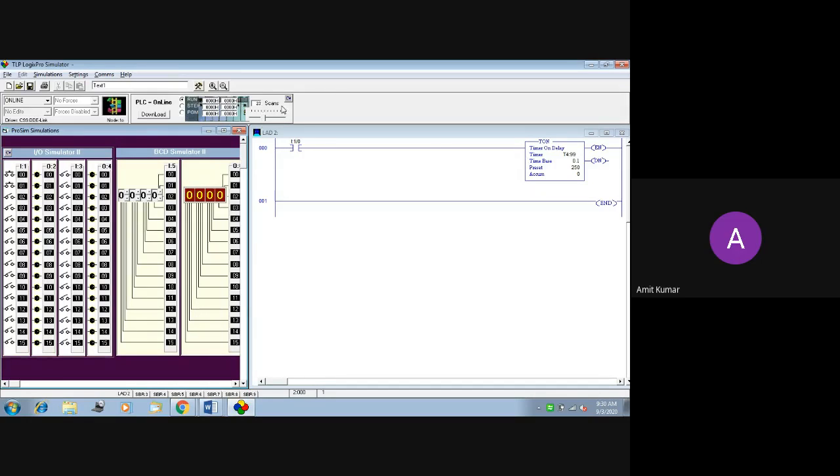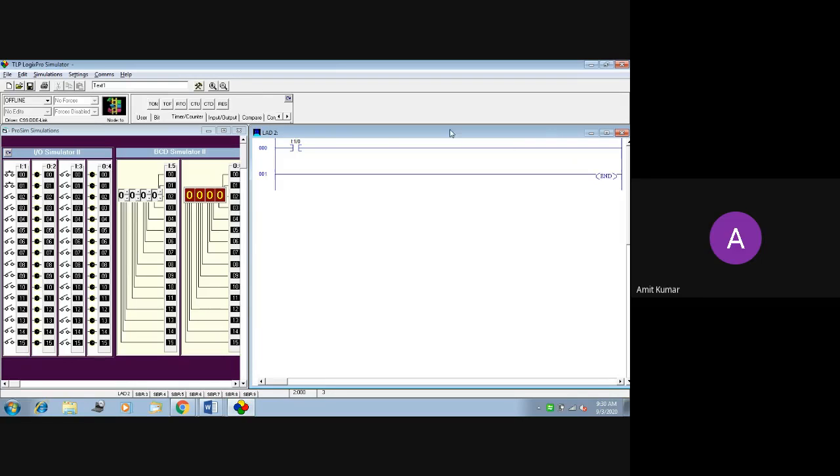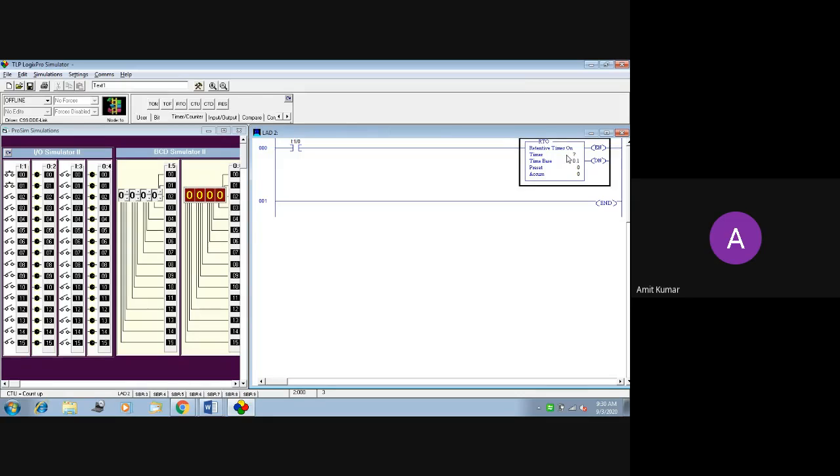With the help of a retentive timer, you can remove these obstacles. Now in place of a T on, you can add a retentive timer, RT1. First, same thing, you need to specify the name. We will specify the retentive value. Now this timer will work the same as an on timer. The difference is that if your rung goes low by mistake, it will not return to 0, or you can say the timer will not be reset. It will hold the value of your accumulator at that point only.